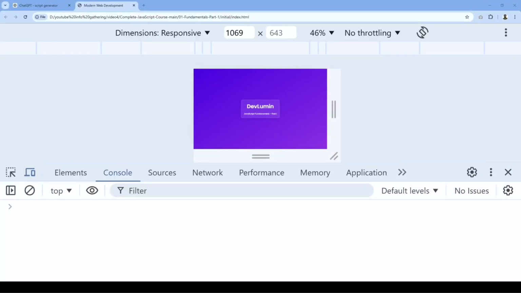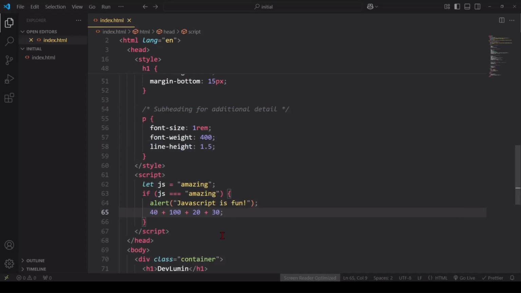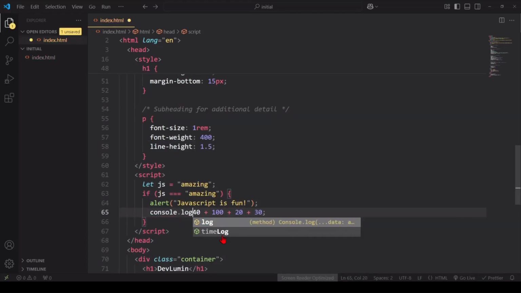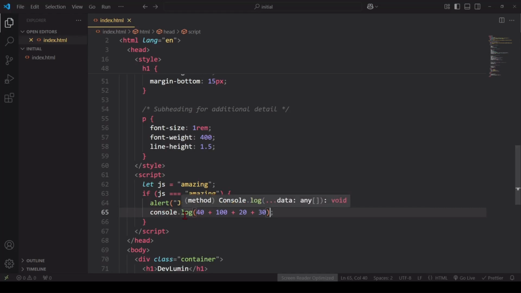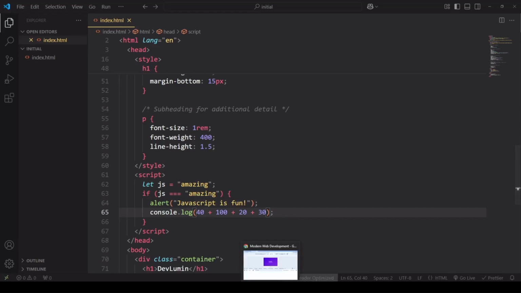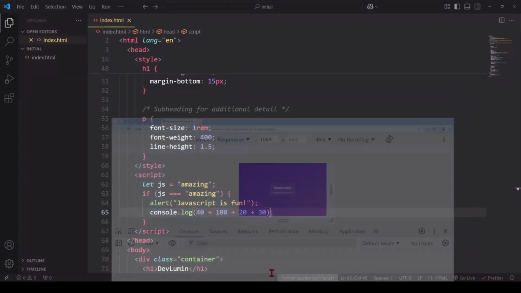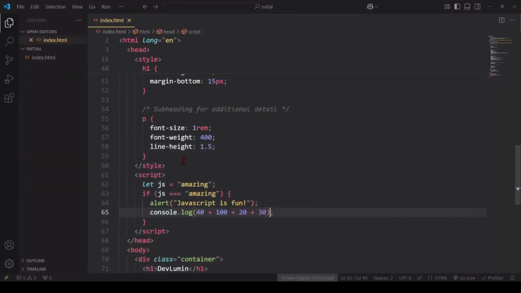So we just have to write console.log and put our computation inside the log function, and save it, because console.log acts as a bridge between our code and the browser console.